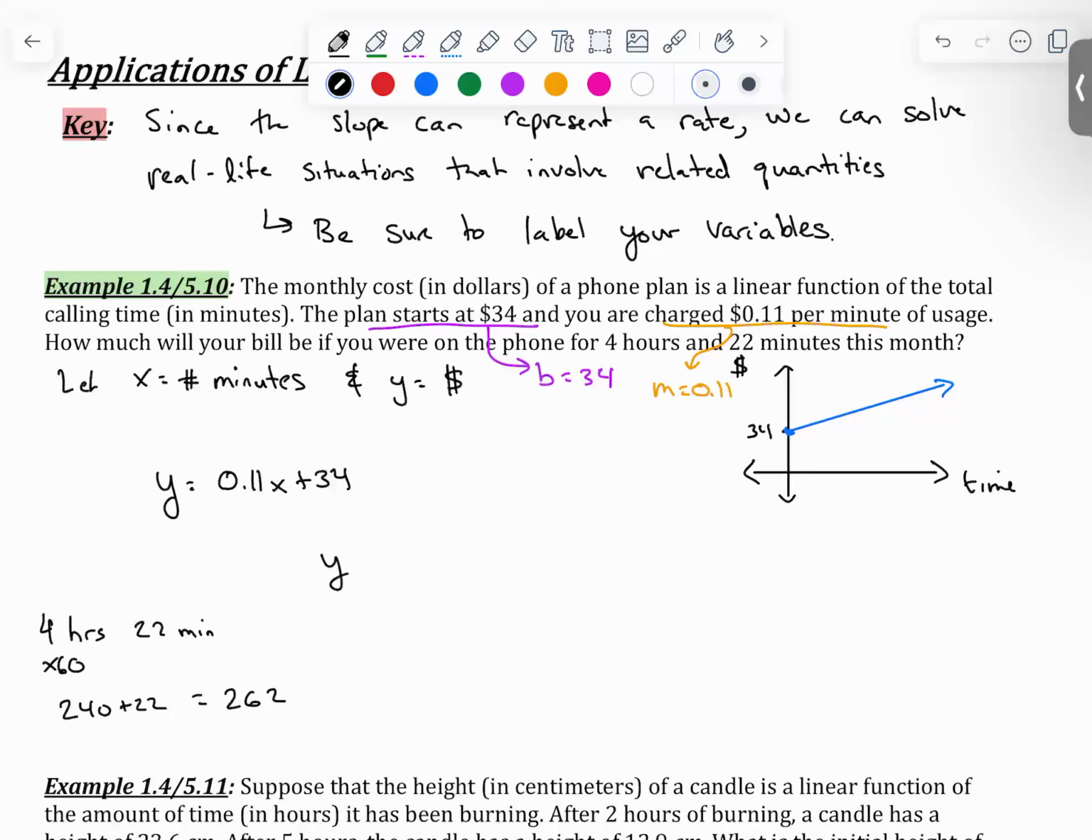So we want to know y of 262. Yes, I can write y as a function of x, so I can write y of x. So y of 262 is 0.11 times 262 plus 34, which if you plug that into your calculator, because I don't want you to do that in your head, you will get that it is $62.82. And that is our answer, because that's what the question is asking. It wasn't asking for the equation, it was asking us to find how much your bill will be. We wanted the y value when our x value was 262 minutes. The next one